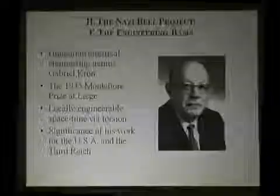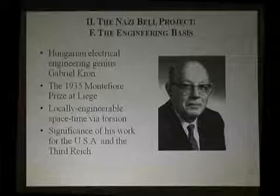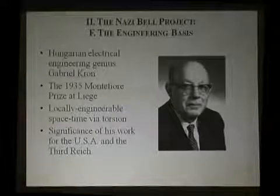The key point is this man here, Gabriel Krohn. Most of you have probably never heard of him. He's a Hungarian Jewish man. He was an electrical engineering genius, okay? And he won a paper in 1935. He wins the Montefiore Prize at the University of Liège in Belgium, which of course is just across the border